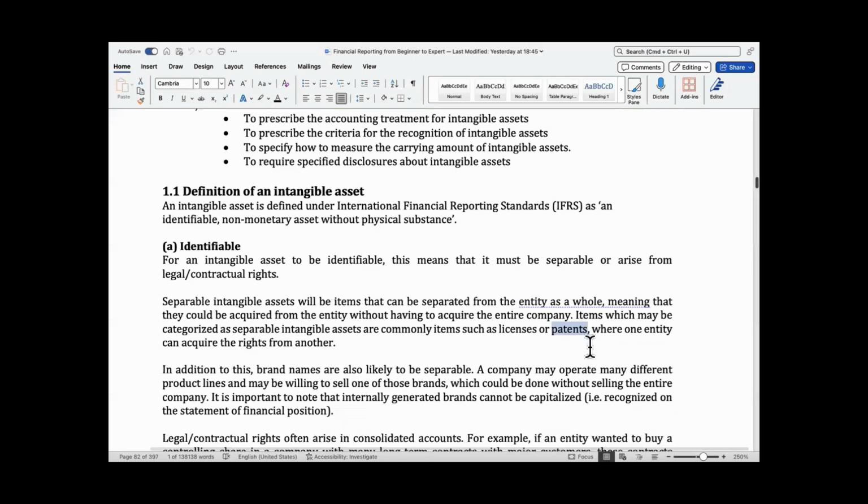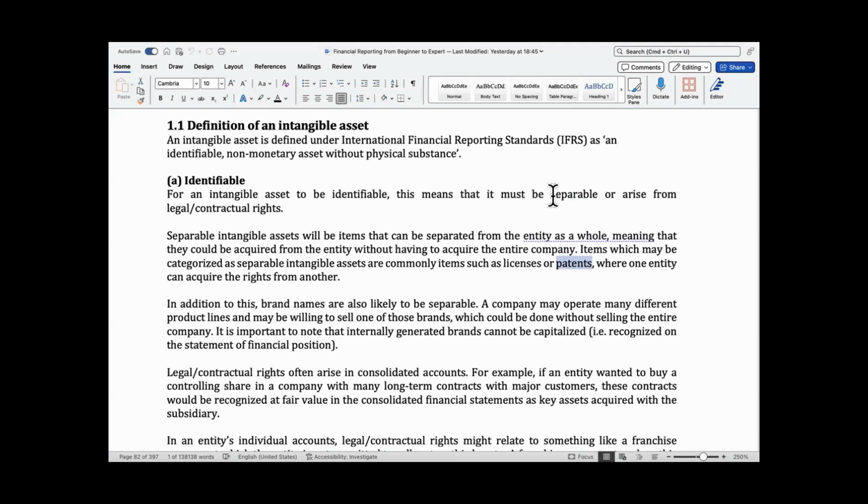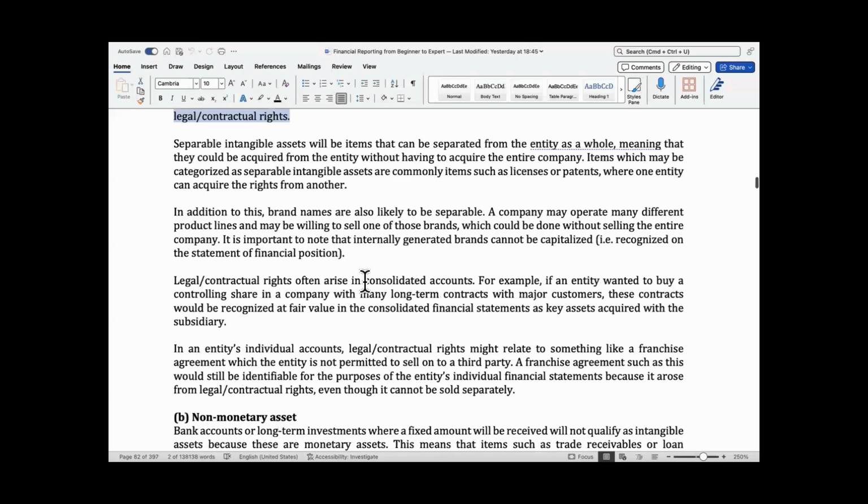Now, aside from being separable, an intangible asset can also arise from legal or contractual rights. And I'll give you two scenarios for that. Number one is that in the consolidated accounts, good enough, you have been taught group accounts. In group accounts, when a parent acquires, let's say, long-term contracts with major customers